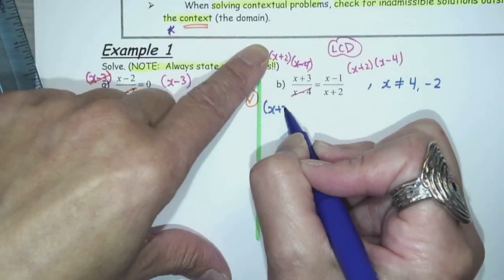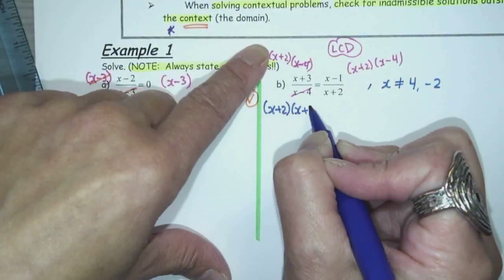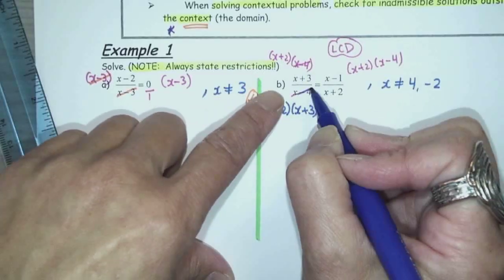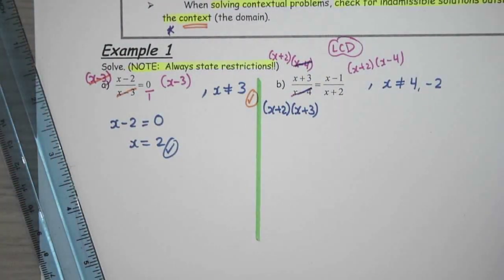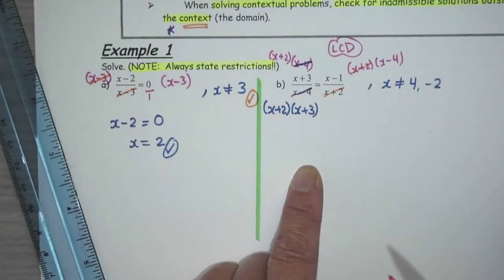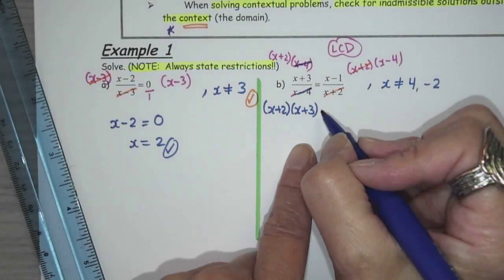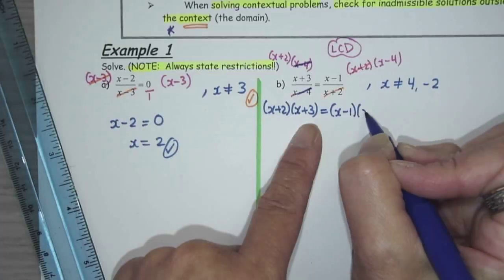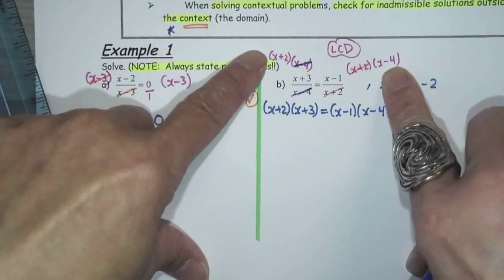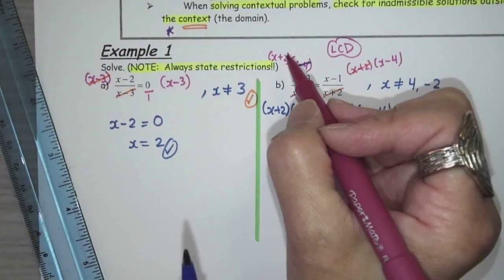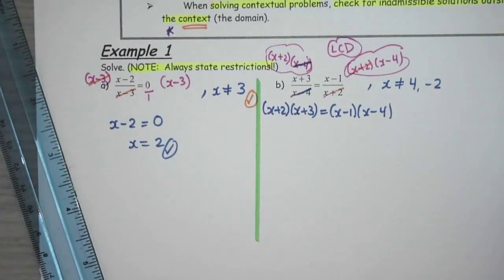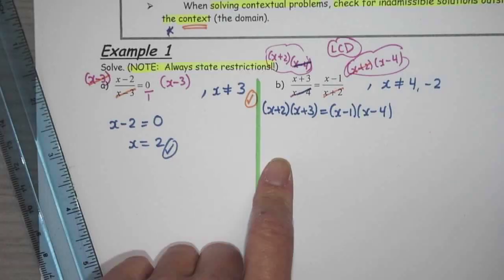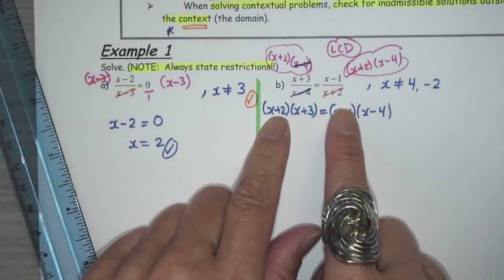So that's why this one gets the x plus 2, x plus 3, right? Because this one cancels with this one. And then here, the x plus 2 cancels with the x plus 2, and you're left with equals x minus 1, x minus 4. And no, you don't have to show this. This is just in your head, right? So you don't have to show me this. You can just show me this. But that's your thought process, is that you're multiplying it by the lowest common denominator, and then it cancels